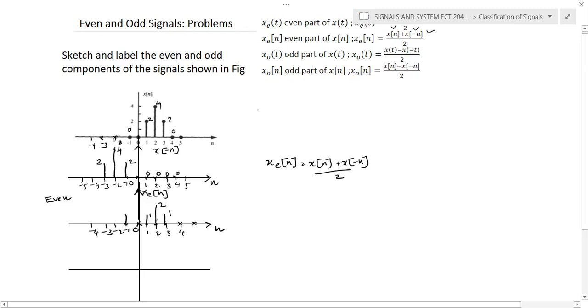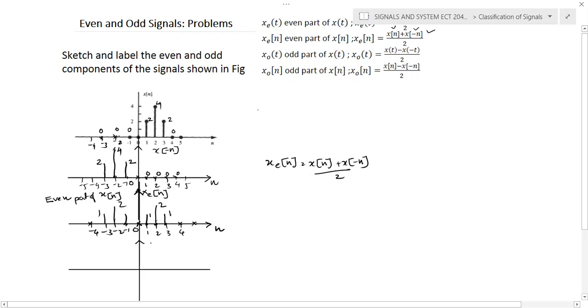So we can verify that here it is 4, and here it is 0. So 4 plus 0 by 2. So you'll get 2 here. Okay. So it obeys the even property. Now at n is equal to minus 3, here it is 2, and here it is 0. 0 plus 2 by 2, you will get 1. And 4 onwards, you will get 0. So if you look at this particular waveform, we know that x of 2 and x of minus 2 hold the same value. Okay, so it's an even part. So this is an even part of x of n.